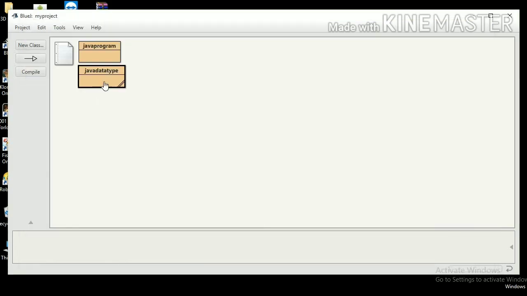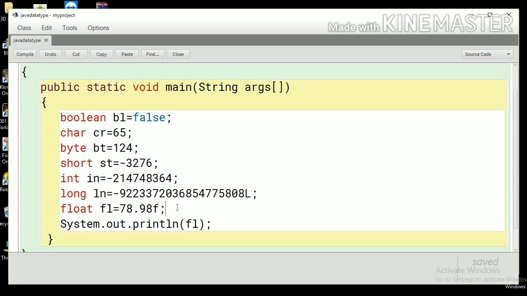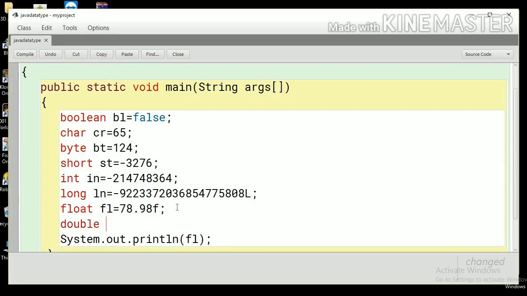So let's see how double data type can be used, how we can declare. So this is double. Let's say dp is equal to 2034 e, that is 10 to the power, let me write 12, and in the last I'll use a d just to make it a double variable, and then I'll simply replace this variable with db.